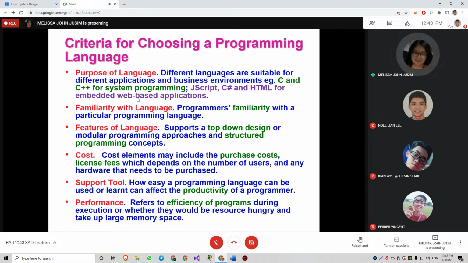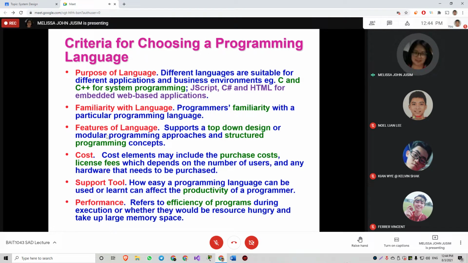Okay, and then another thing is the feature of the language. There are certain things that the SA needs to consider. Normally, we look at the cost of the language, the tool, because the cost will involve the license.